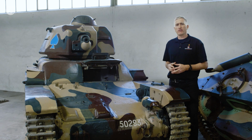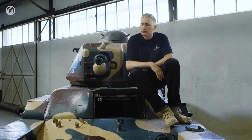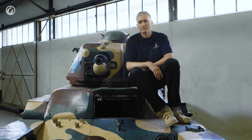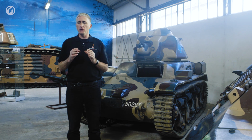Not only was this tank vulnerable to 25mm, a variety of variants were made. Of course, the same root word. Vertically sprung multiple